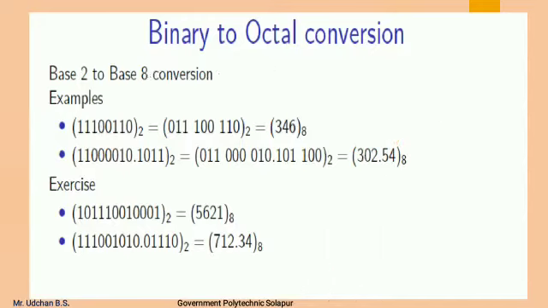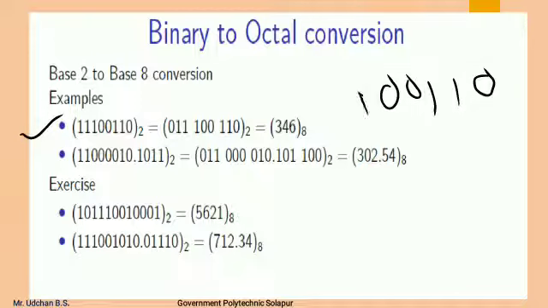Now next we will see these examples given for your practice of binary to octal conversion. First one is 1 1 1 0 0 1 1 0 0. In that we are going to form groups of 3 bits again, starting from right to left for the integer part. 0 1 1, this will be one group. After that 0 0 1, this will be our second group.